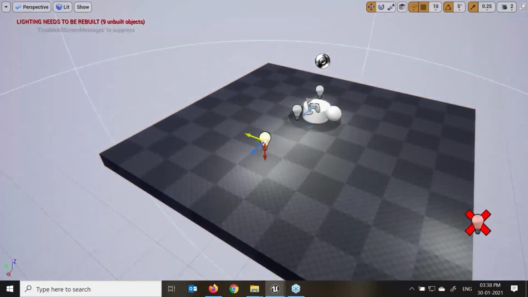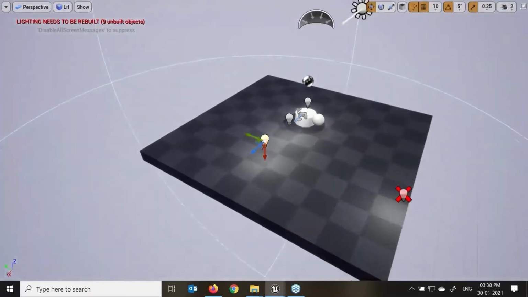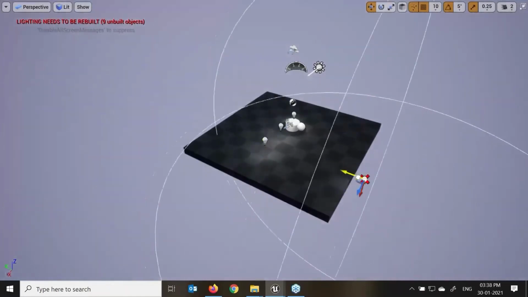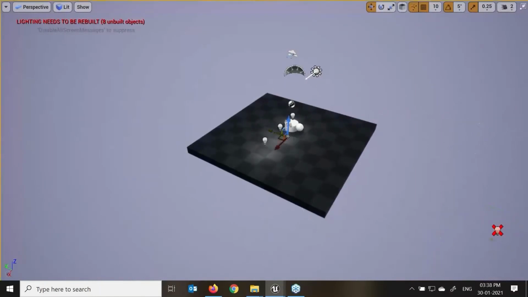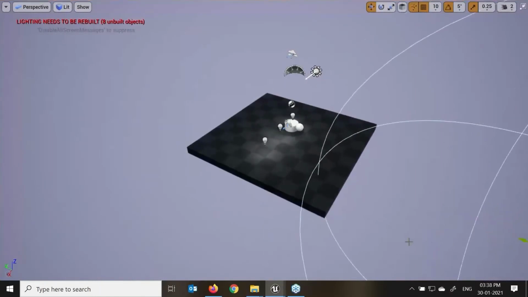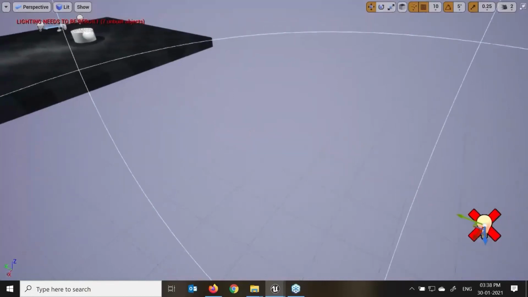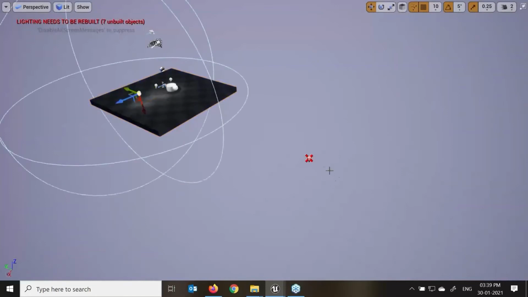If I select this, you can see this light is affecting this much area. If I select and move my light, after some distance this X mark will go. Let me move it a little bit further.